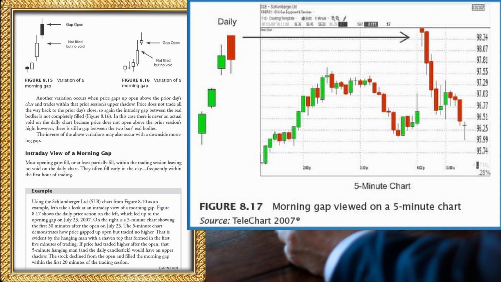Figure 8.17 shows the daily price action on the left, which led up to the opening gap on July 23, 2007. On the right is a 5-minute chart showing the first 50 minutes after the open on July 23rd. The 5-minute chart demonstrates how price gapped up open but traded no higher. That is evident by the hanging man, with a shaven top, that formed in the first 5 minutes of trading. If price had traded higher after the open, that 5-minute hanging man and the daily candlestick would have an upper shadow. The stock declined from the open and filled the morning gap within the first 20 minutes of the trading